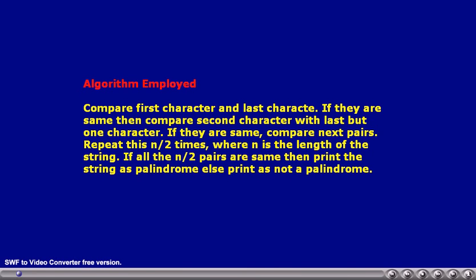In order to check whether a given string is a palindrome or not, we can calculate the reverse of the given string and compare it with the original string. If they are the same, then we can say it is a palindrome. Otherwise, it is not a palindrome. Of course, this method is a little crude. Thus, we want to use another, more intelligent procedure.